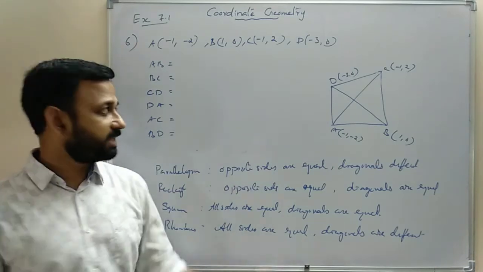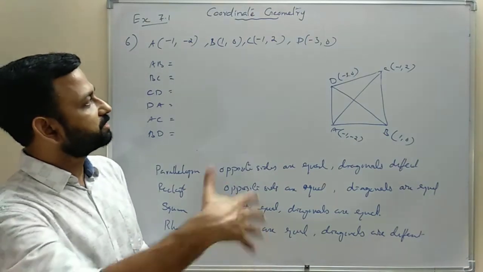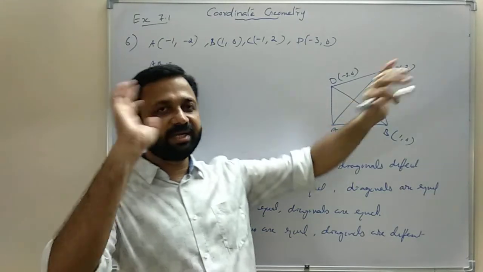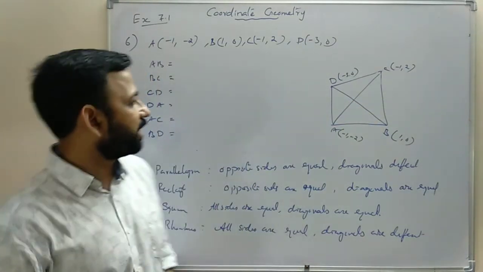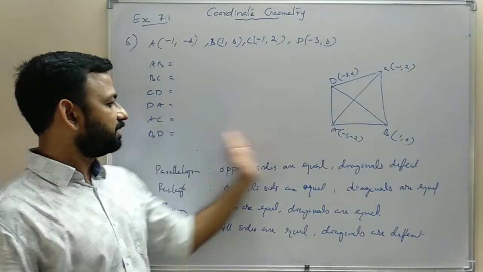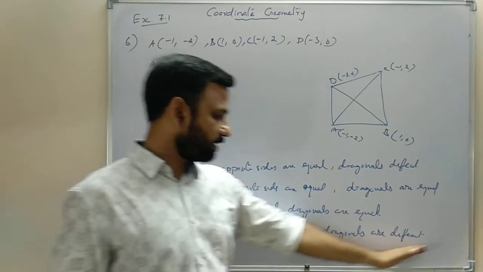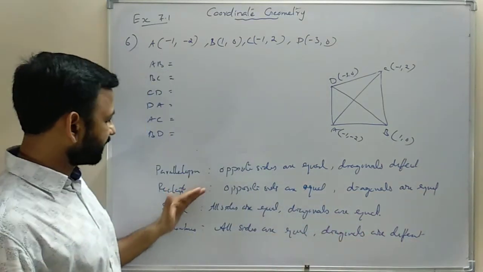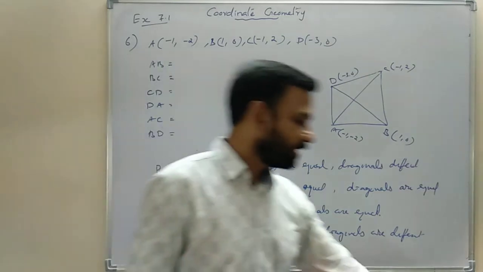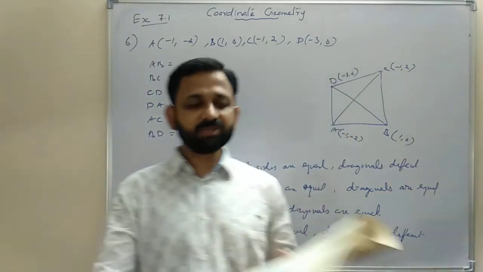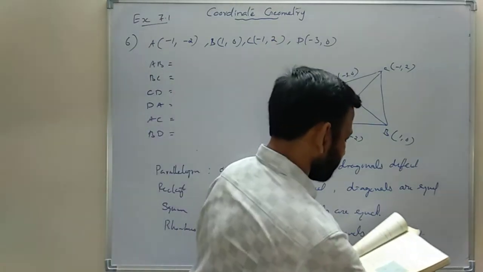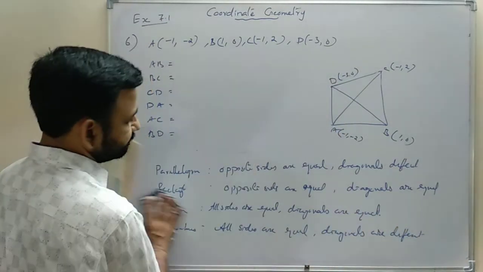So you can complete that question. It is very lengthy. You need to find all the four sides and diagonals by using the distance formula, then compare, then you can decide. So this is the definition of parallelogram, rectangle, square, rhombus, etc. So we can easily do those questions. We have three parts, so you can do those parts. Now we are going to do question number 7.